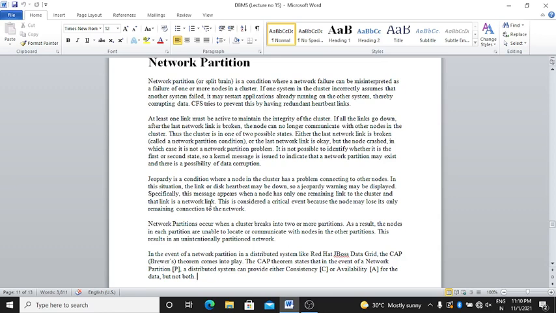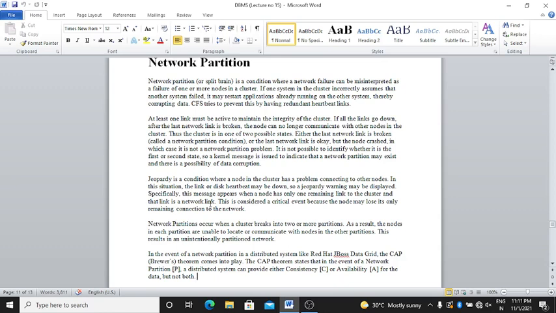Network partitions occur when a cluster breaks into two or more partitions. As a result, the nodes in each partition are unable to locate or communicate with nodes in other partitions. This results in unintentionally partitioned networks. In the event of a network partition in a distributed system like Red Hat JBoss Data Grid,